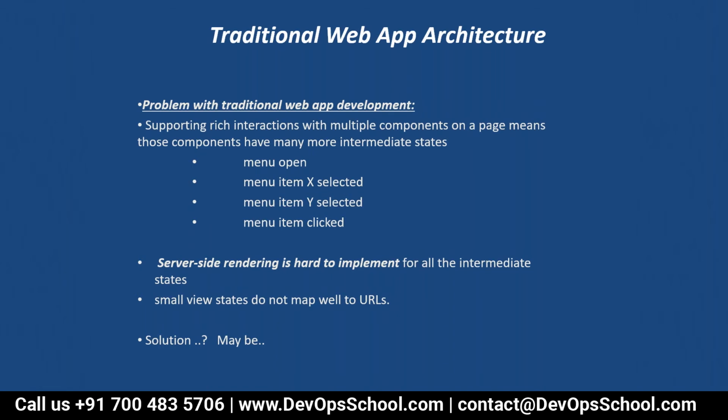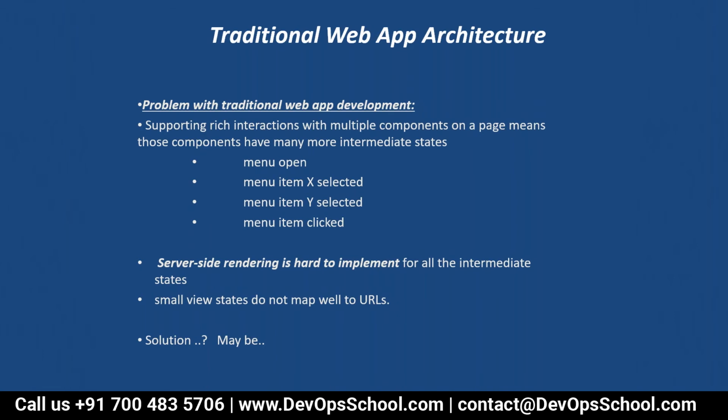Right? So now we are thinking of something that will generate the dynamic response on the client side. Dynamic view generation should happen on the client side now, because we are facing those problems. Now we want something where the response, or dynamic view, will be generated on the client side itself, right? So when we are talking about dynamic view generation on the client side, how is it possible?